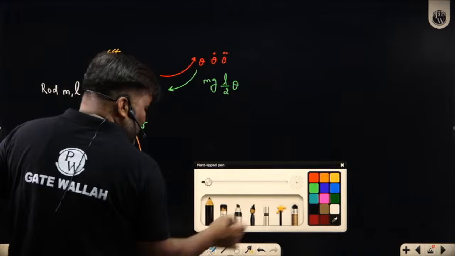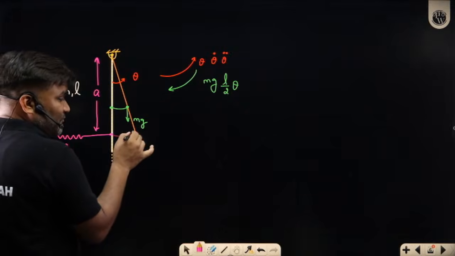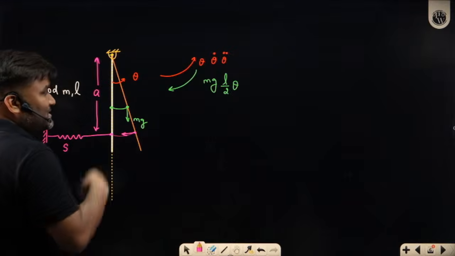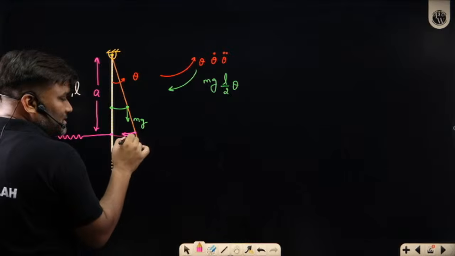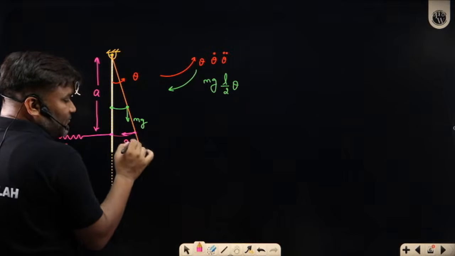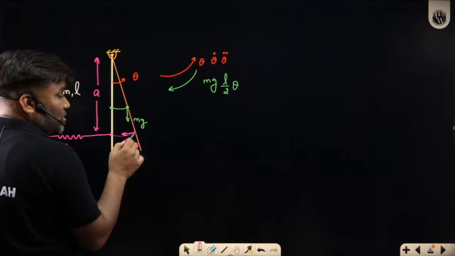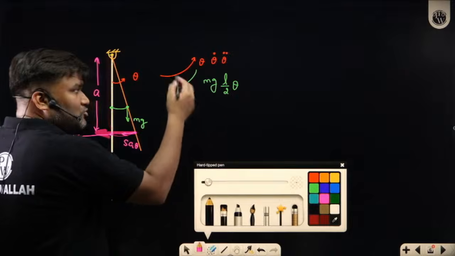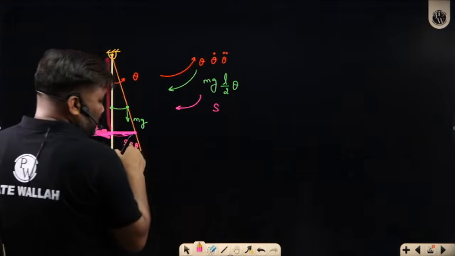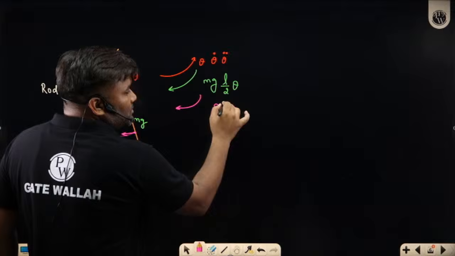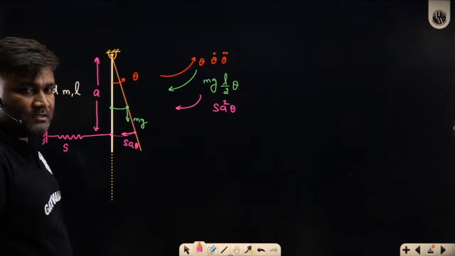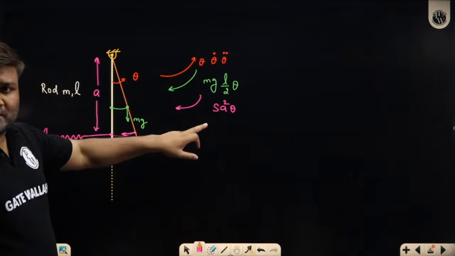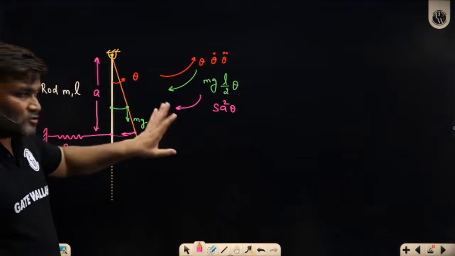And what forces are we going to have? Sir, the spring will apply some force in this direction. How much? S into whatever is the deflection. This deflection you can write as A theta. So this is the force S times A theta. I am not interested in the force; tell me what is the torque. This is the force multiplied by this distance A, and this torque is also in the clockwise direction. This is S A theta into A, so this becomes S A square. Any other torque you can see? No, sir, there is no other torque. Weight I have written. The spring is also giving some torque, I have also written that.